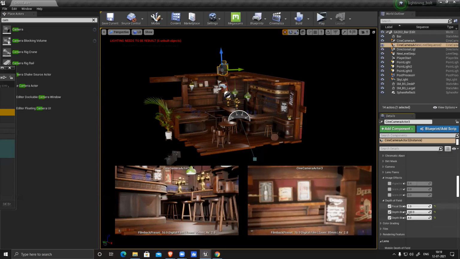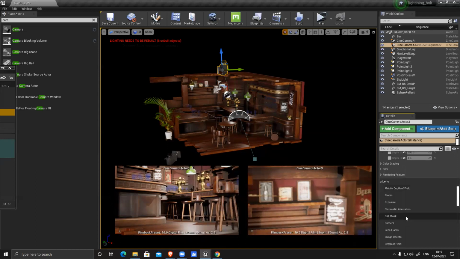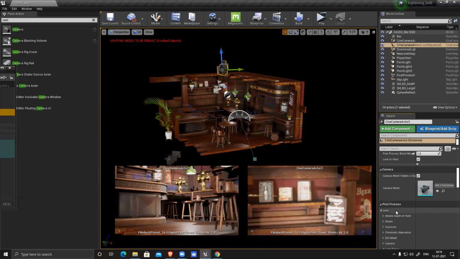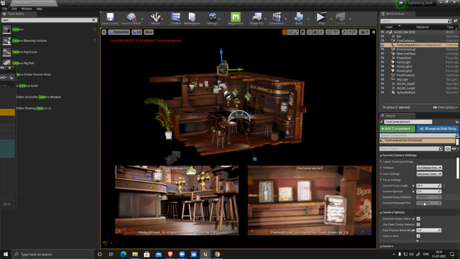Focal distance, all these things I can manage from here. Lens flare, if I want, I can have a lens flare also. Focal distance and all these things, if I want, I can modify.